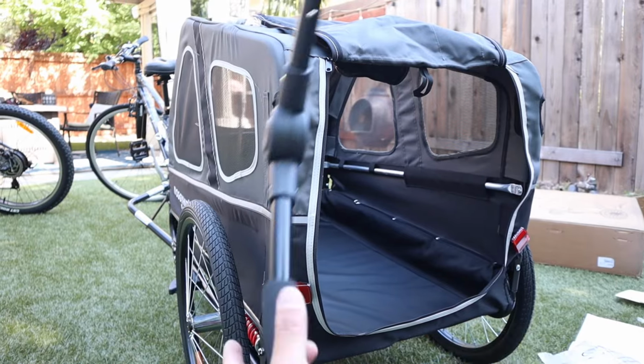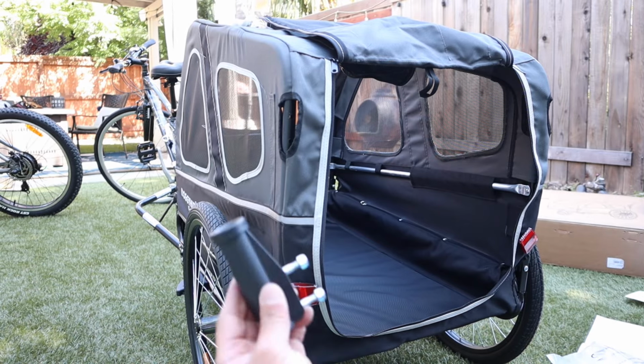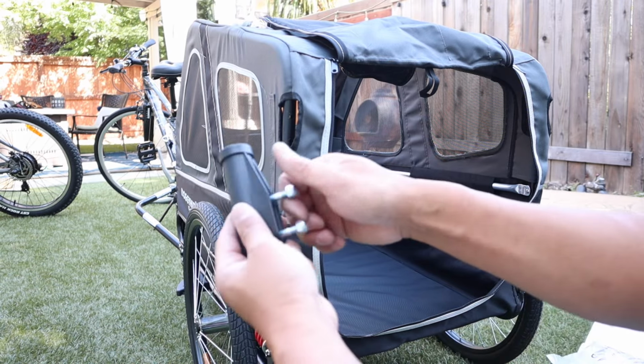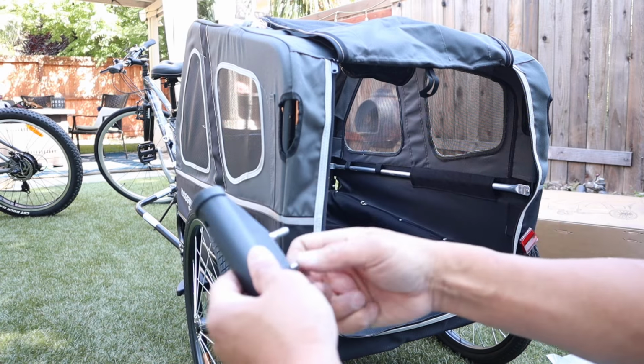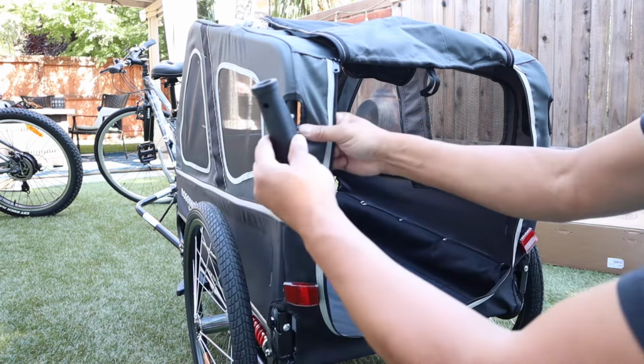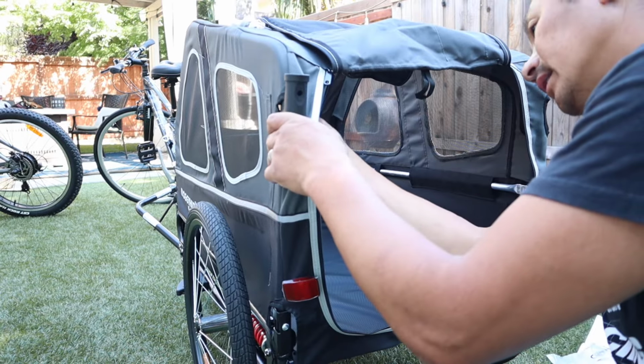All right, so last thing we gotta do is install this handle. And to do that, we gotta install these 2 brackets on here first. So it's got these 2 final nuts you gotta take off. And it's gonna go right through here. And then come on the back side and